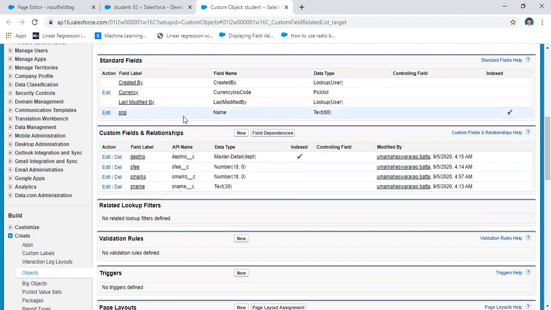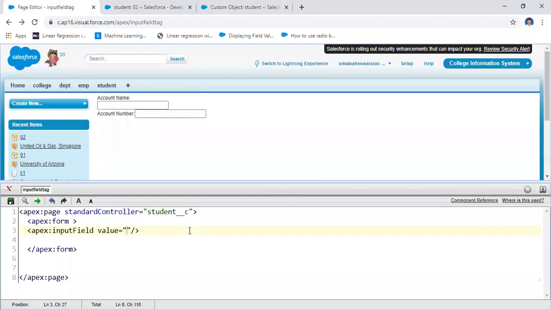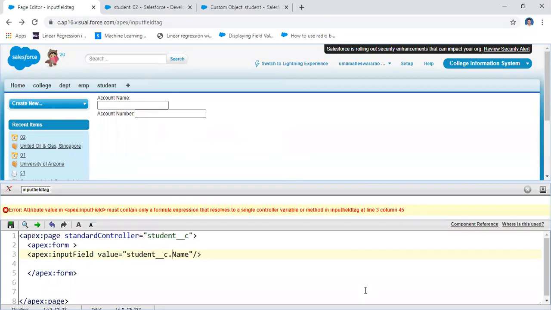For example, department number is one, department name is another, and the field value as name. You should take the API value. For example, student underscore c dot name. Student is a custom object. It must be a formula.